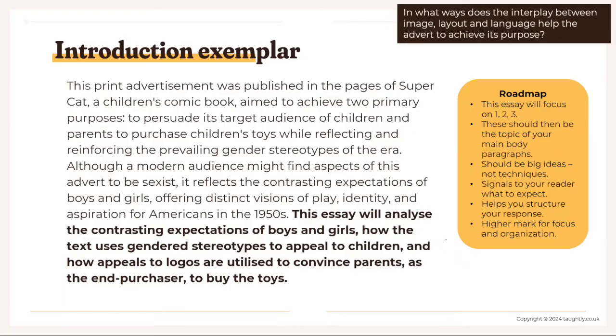Finally, then we have got the roadmap. Now, this is when you will say, essentially, this essay will focus on 1, 2, 3. And the 1, 2, 3 will be your three main body paragraphs. So whatever you say in this roadmap should then be what the topic of your following paragraphs are. This will help the examiner to see, okay, the student has planned ahead, they know where they're going with this,